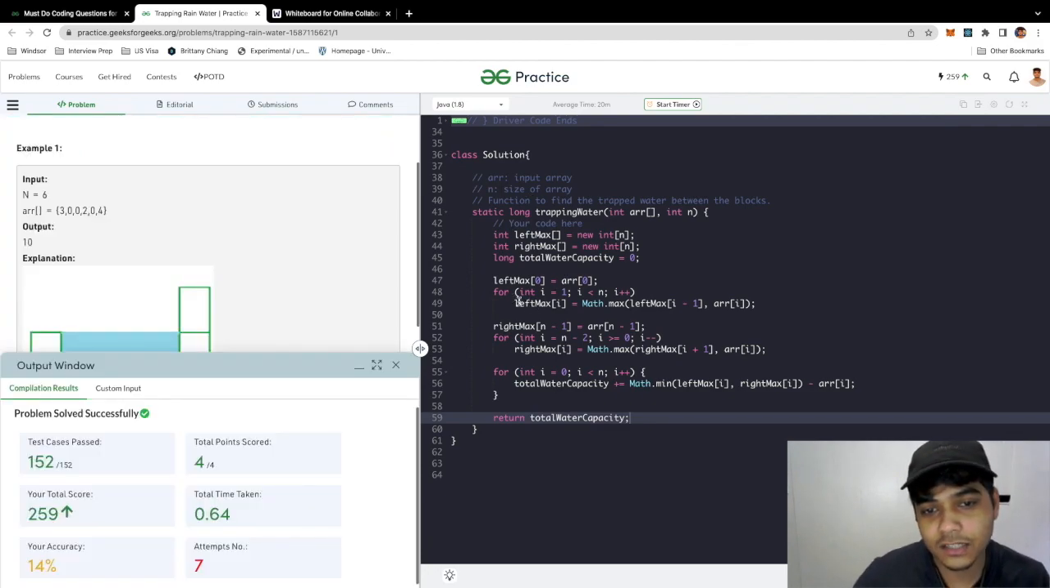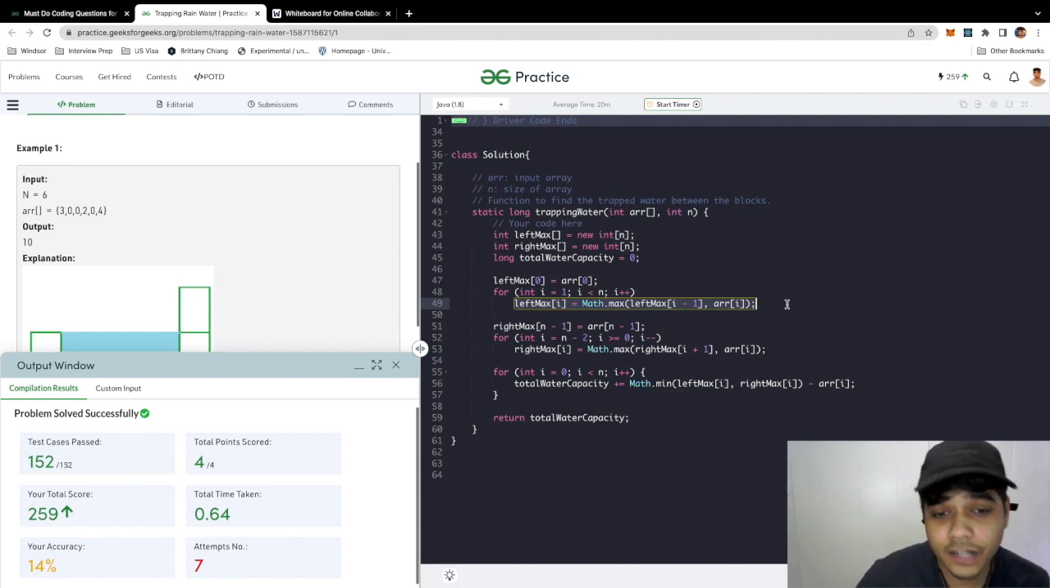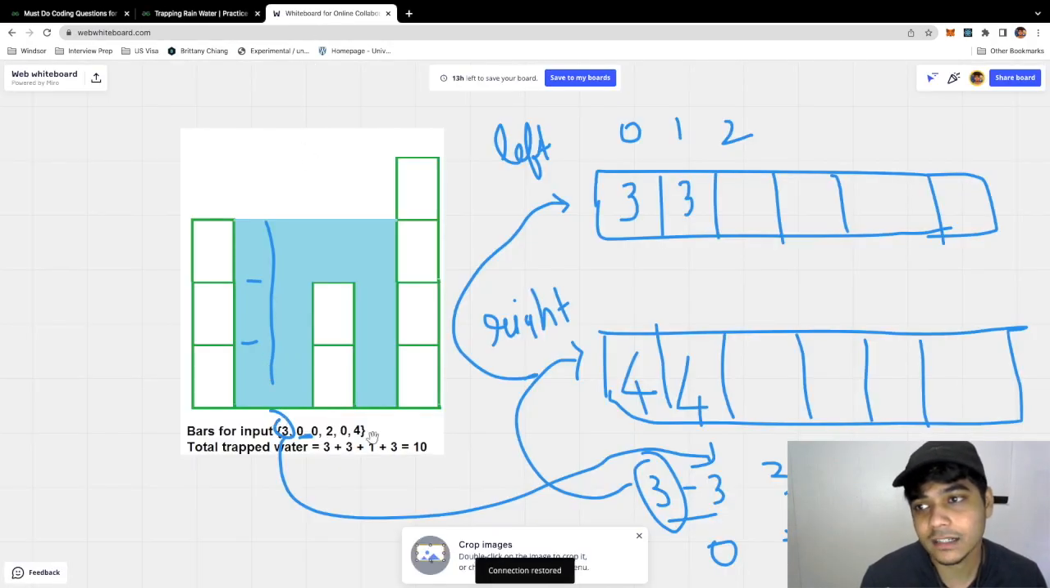You just need to find the left max element of the current position for every element that we're iterating through. We need to find the right max element of every position that we're iterating through, and then we need to find the minimum of that so that we get the water level, and then we need to subtract the current element, in the sense that if we had,